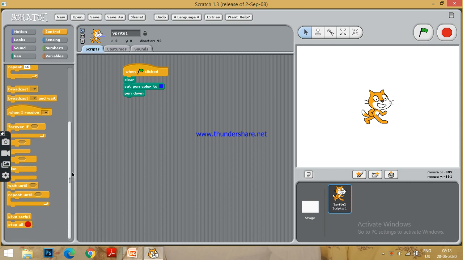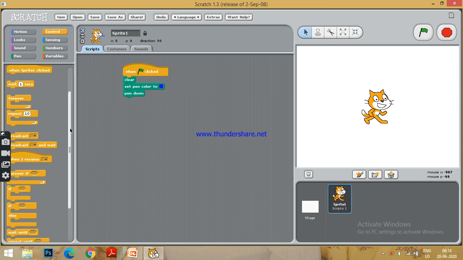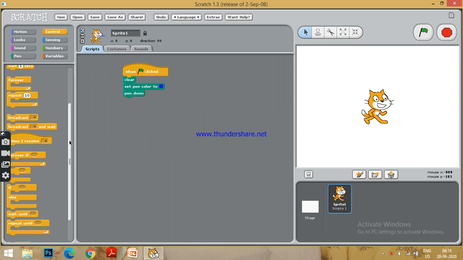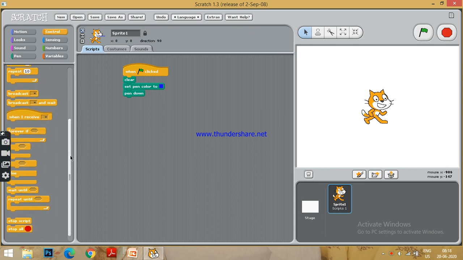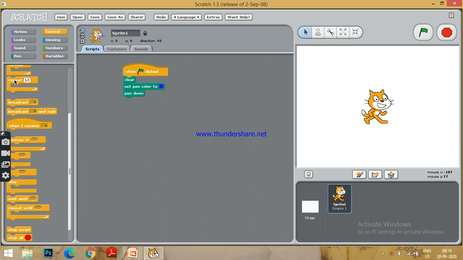Okay, so I will repeat how much? 4 times. So I will get this repeat block over here, and by default it has 10. I will change it to 4. Now what you have to do 4 times is move some steps.